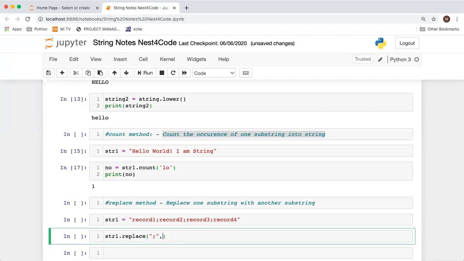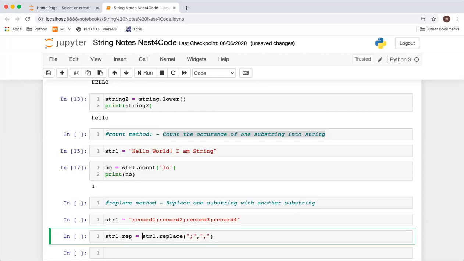So guys, remember one thing: whenever we do all these operations, we are doing them on a string object. We are saying string dot replace, but we have to store the result because it cannot modify the actual string. So here we can say str1 underscore rep, any name.